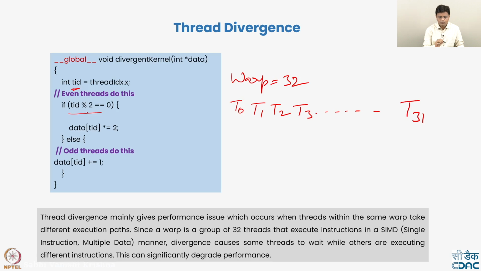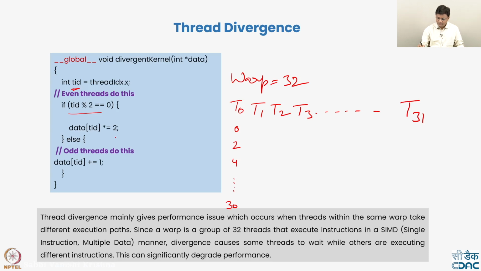This statement is trying to identify whenever there are even IDs, like 0, 2, 4 and 30,